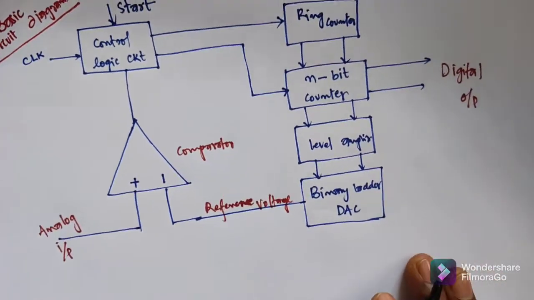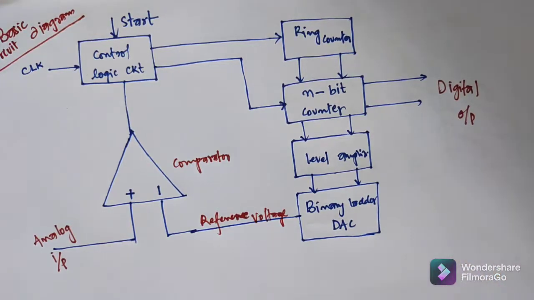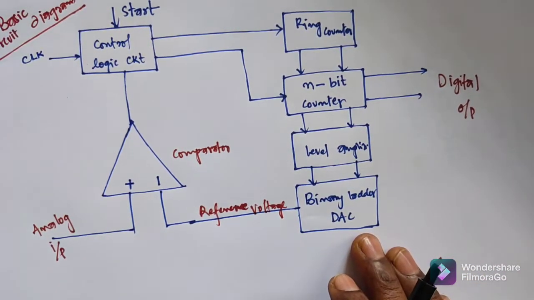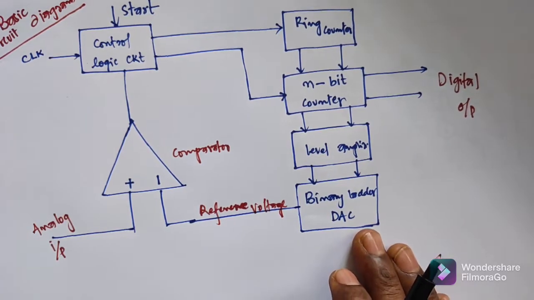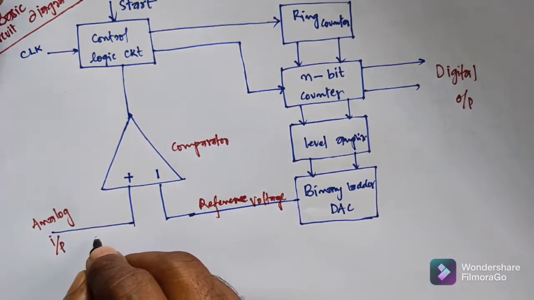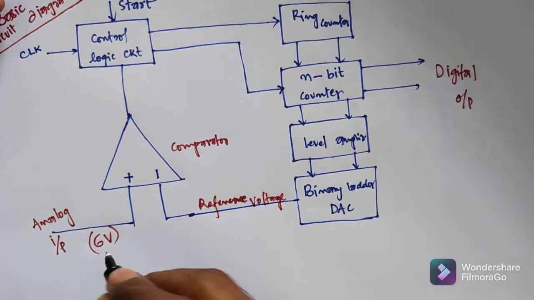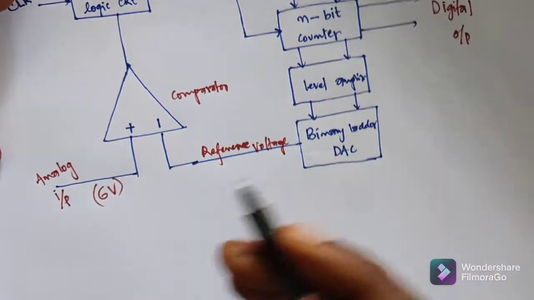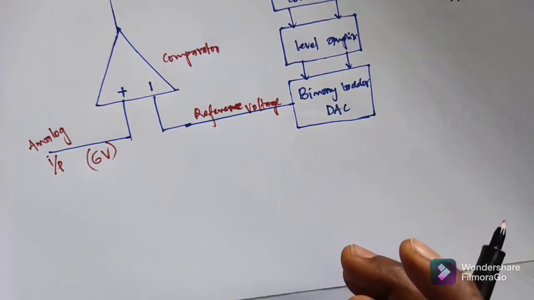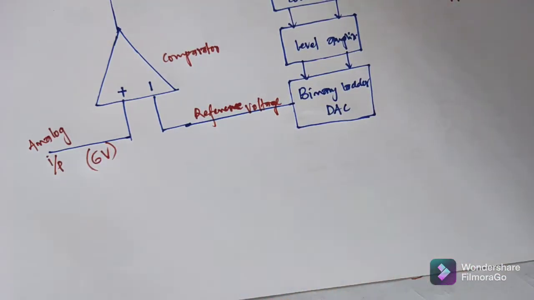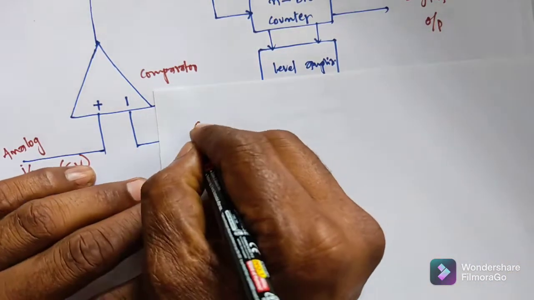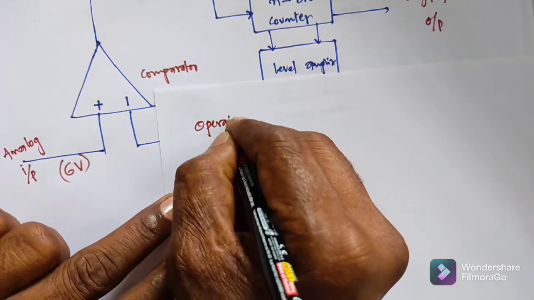Basic circuit diagram. Now, what is the process of the entire pulse here? For example, if my input voltage is 6 volts, based on this 6 volts you have to convert it. How can you convert this? That operation is purely based on this operation.